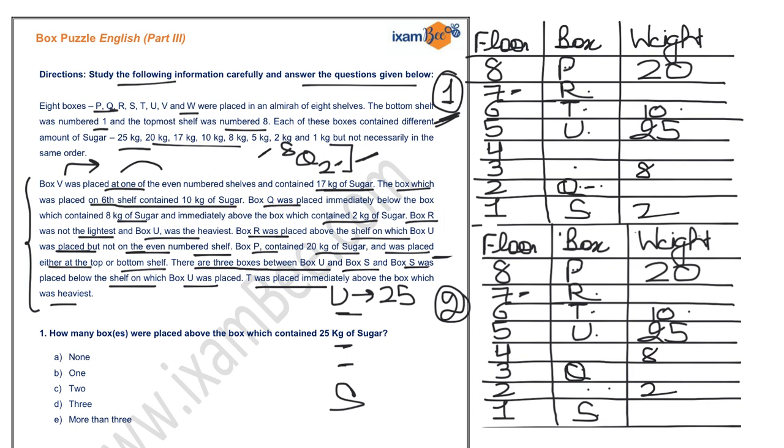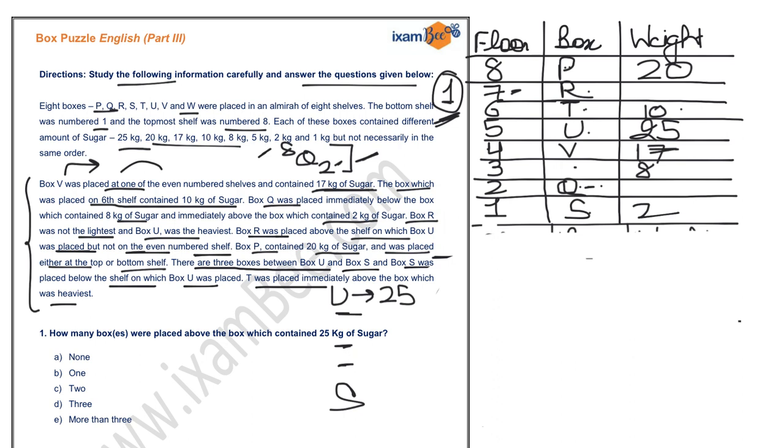So you have to eliminate your case number 2, because you know that either V can be fixed over here, that is position number 2, or V can be fixed at position number 4. But both the positions are occupied by 2 and 8 and your box V contains 17 kg of sugar. So there is no slot for your 17 kg. However, if you look at your case number 1, you can easily place V at 4th position and write 17 over here, right? So this case is valid and the second case becomes invalid.